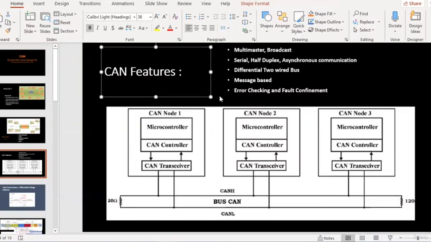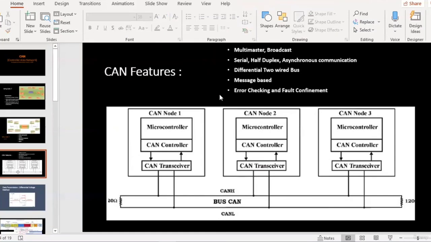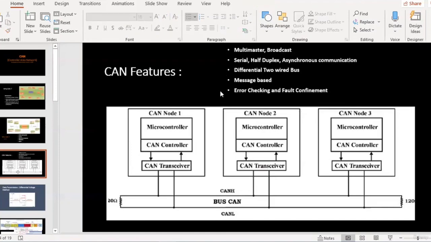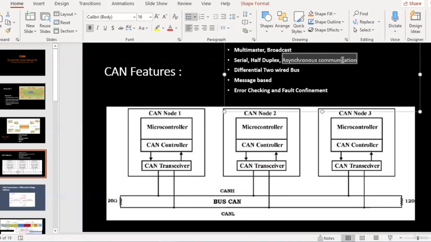There are basically two types of communication, right? Asynchronous and synchronous. Synchronous communication needs a third signal that synchronizes the transmitter and the receiver. There are many serial communication protocols like I2C and SPI, where you have MOSI, MISO, master out slave in and master in slave out, right? All those configurations are synchronous, because they use a third signal called the clock, and based on the clock the message is flowing.